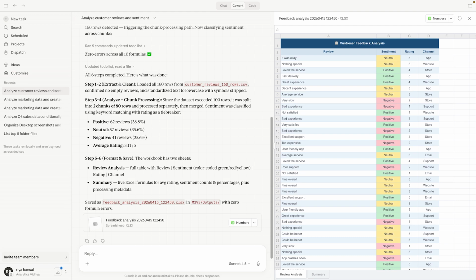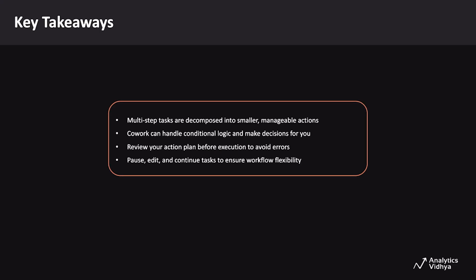The key takeaway is don't think of tasks individually. Think in sequences. Because real-world problems are not solved in one step. They are solved through chained actions. A well-designed workflow turns AI from a tool into a system. The key takeaway here is that Co-work allows you to design multi-step workflows that can adapt to the task. You can define actions, handle conditional steps, and review everything before it is executed. Plus, if anything goes wrong or you need to adjust mid-task, Co-work gives you the flexibility to pause, edit, and